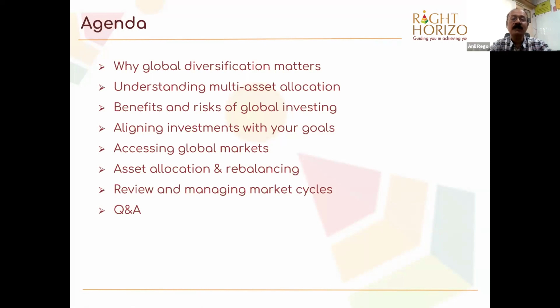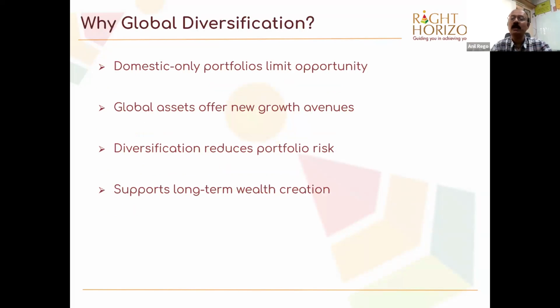And what are the benefits and risks of global investing? We will also look at whether it is important to align with your goals. We'll also capture a whole lot of indicative options. It will go a little bit in detail and come back at the end, where we look at whether you should rebalance, whether you should review it, and then we'll have a bit of a conclusion. So broadly,